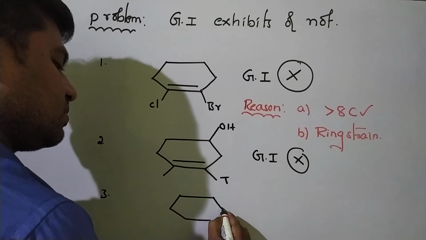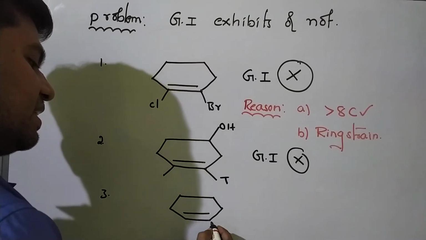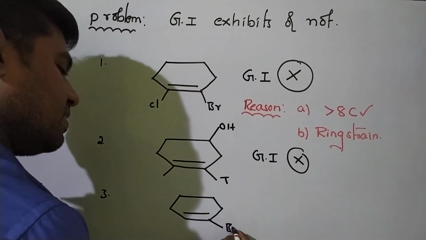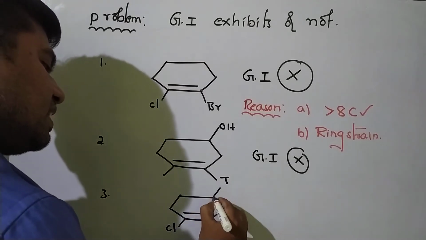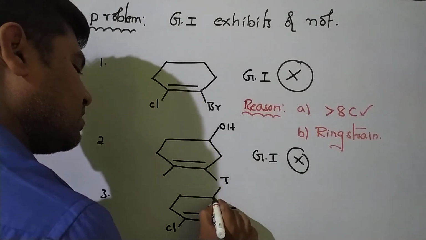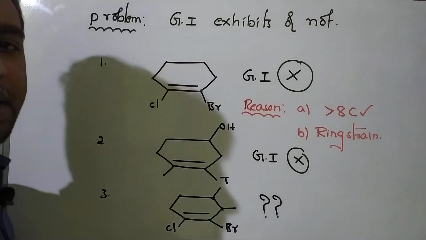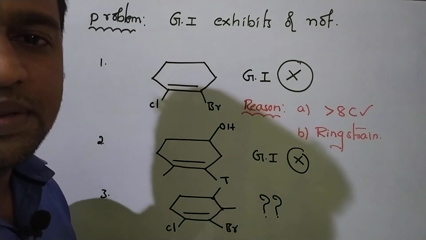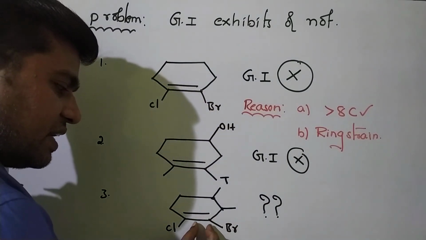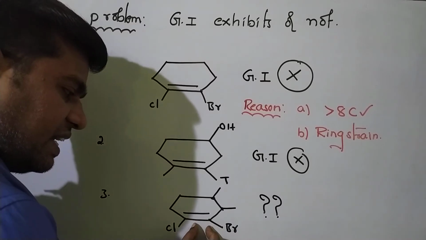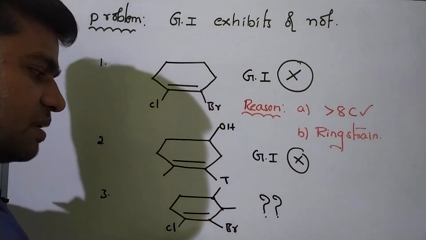The third one is again a cycloalkene. Now here some bromine atom, here also some chlorine atom. Here a methyl group is there, here a methyl group is there. So does it exhibit geometrical isomerism or not? Anybody? Okay, good. Very good. Excellent. Why? If we consider a cycloalkene, it doesn't show geometrical isomerism, but